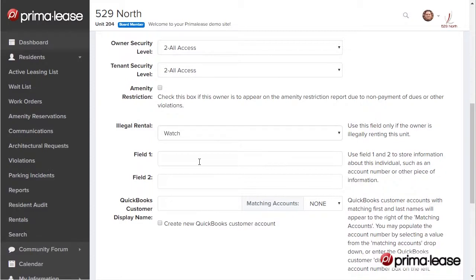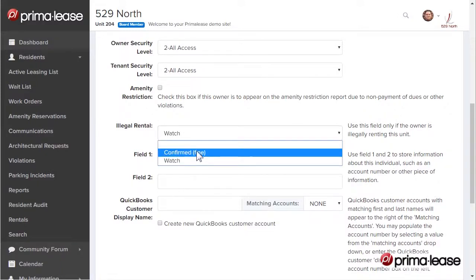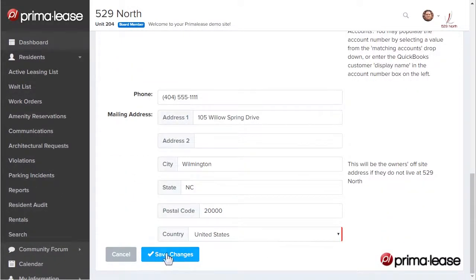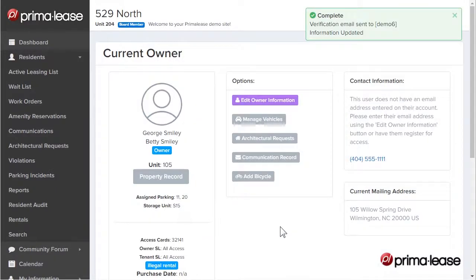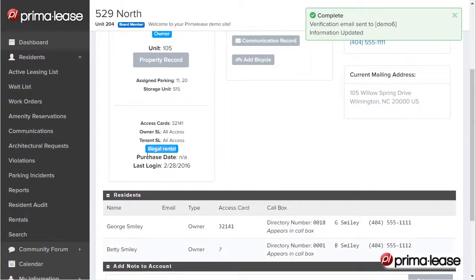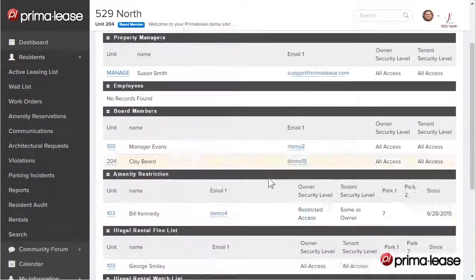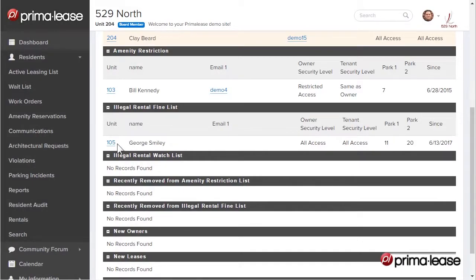Sometimes you see people going in and out of a unit, but they may or may not actually be living there. So this is useful for anyone that's not formally being fined. But if you know for a fact that they're renting the unit illegally, you can add them to the confirmed fine list. And then you go down here and hit Save Changes. You'll then notice in their profile that it shows that they are an illegal renter with this blue flag here. Now, when I go to the Resident Audit screen,